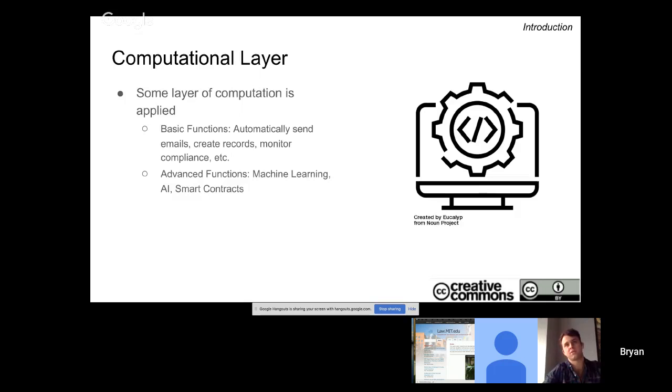So maybe you want to apply machine learning to understand the variability of the wordings of your hundreds of thousands of contracts. Maybe it is using some degree of AI to come up with the optimal distribution of power in a